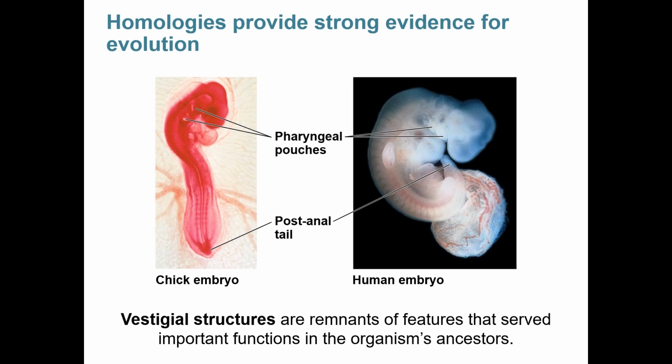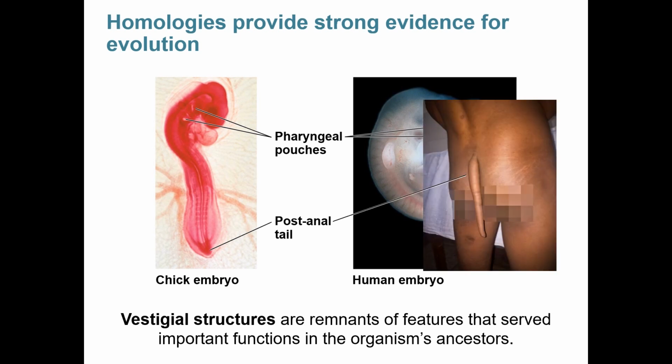These are considered vestigial structures, which means that they're remnants of features that were important in the organism's ancestor, but are no longer important for the organism's development. Sometimes these vestigial structures are not reabsorbed properly, and in the case of humans, the most common case of that is the growth of a post-anal tail. These are normally surgically removed before a kid is 5 years old to make it easier for them to sit